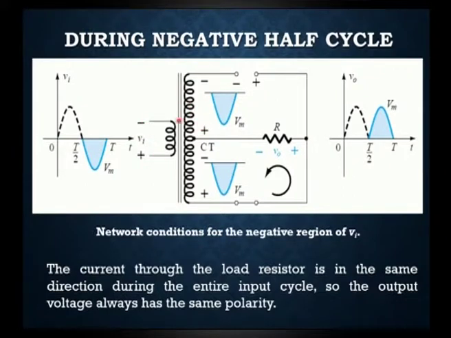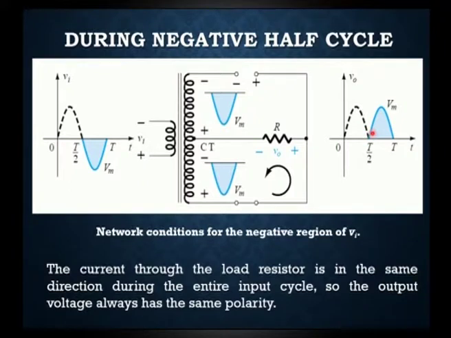So, here also the polarity again changes, this is plus and this is minus, and below this center tap this portion will come as minus and plus. So, this polarity makes this diode D2 conduct, working as forward bias, and it will be in forward bias mode now. So, the current will flow in this direction, and the output will appear.